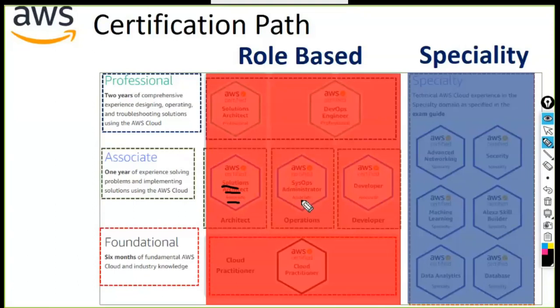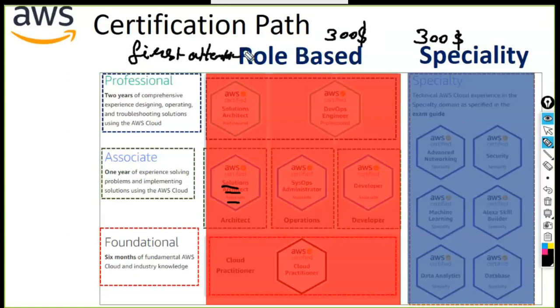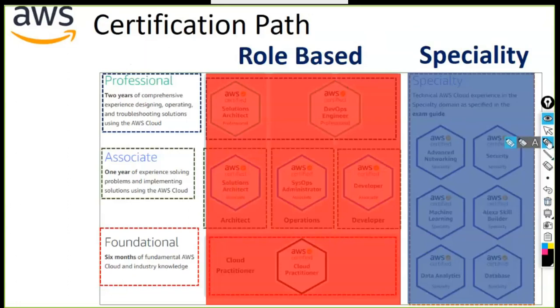Specialty certificate cost is also $300. As I said, this is also $300. So we need to work hard in such a way that we respect that $300 of investment by clearing on the first attempt itself. On the first attempt itself, we have to clear. Please be noted about it. So our focus is clearing the assessment on the first attempt itself. That's the motivational factor that we have to have throughout our preparation.